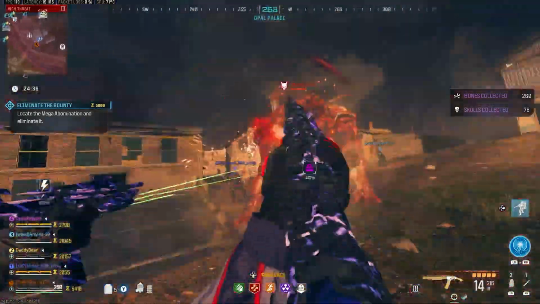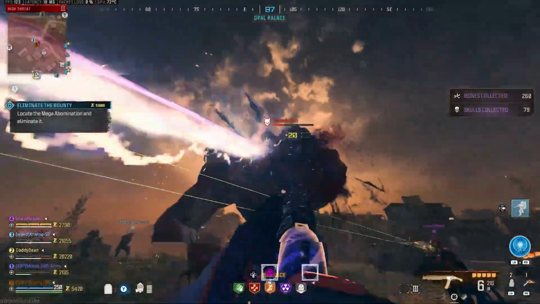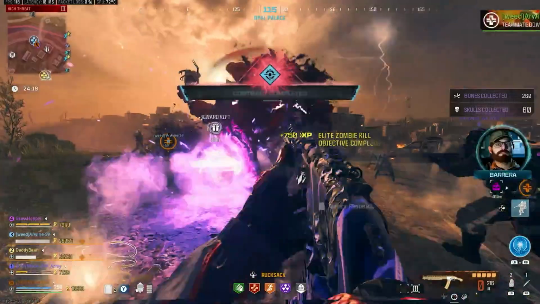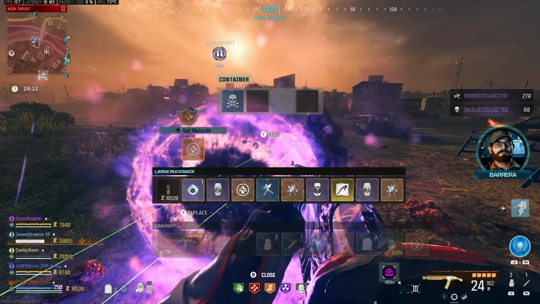But this Mega Abomination, let's see how quickly we can take this down. I don't quite know why it's focusing me out of all the people that are here. We should be able to get that head cracked pretty easily, to be fair, from here. I just managed to stop shooting somehow. There we go. Mega Abomination down. We're going to get another tier 2 Pack-a-Punch crystal, which I will take, and a self-revive, which we will take